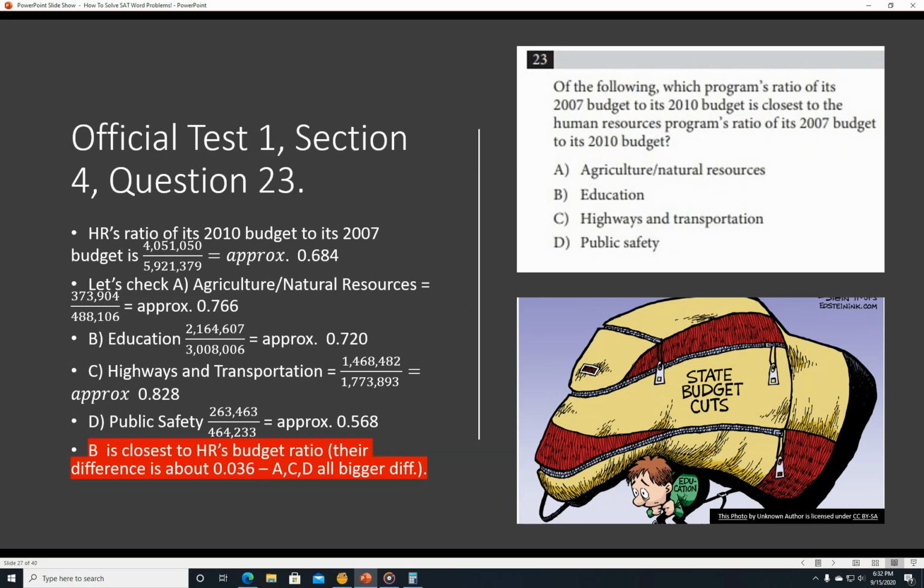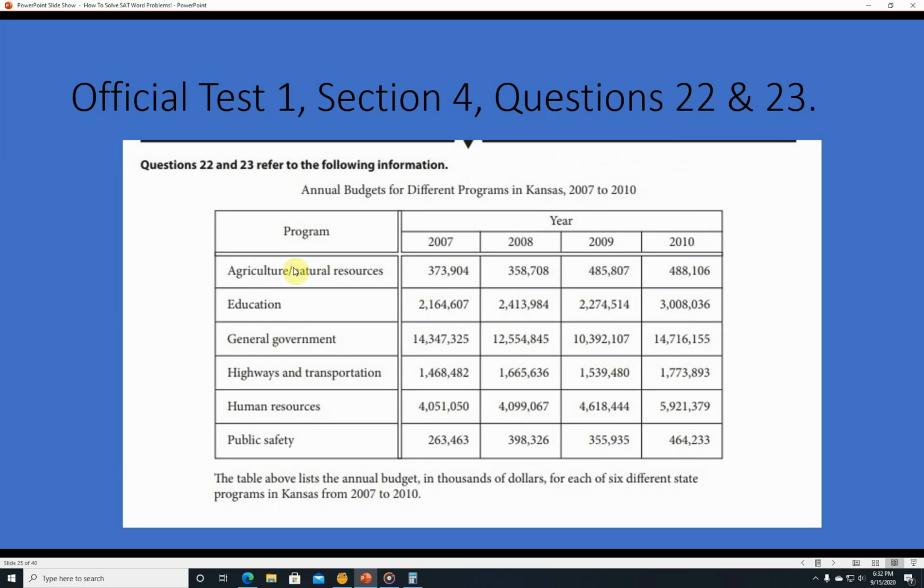Official test number 1, section 4, question 23. Which of the following program's ratio of its 2007 budget to its 2010 budget is closest to the Human Resources Program's ratio of its 2007 budget to its 2010 budget? So we have agriculture/natural resources, education, highways and transportation, or public safety. All right, so HR's ratio of its 2010 to 2007. And again, we can go look. Okay, so that's going to be